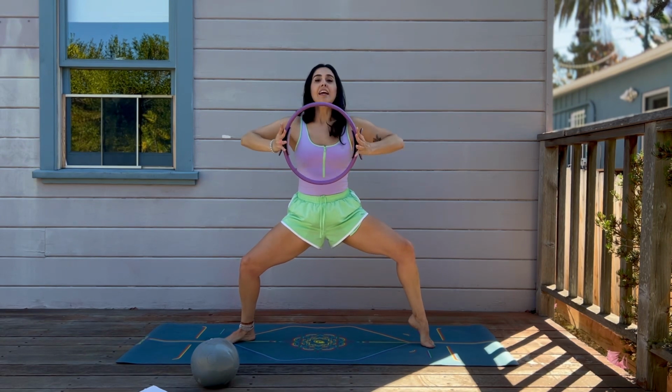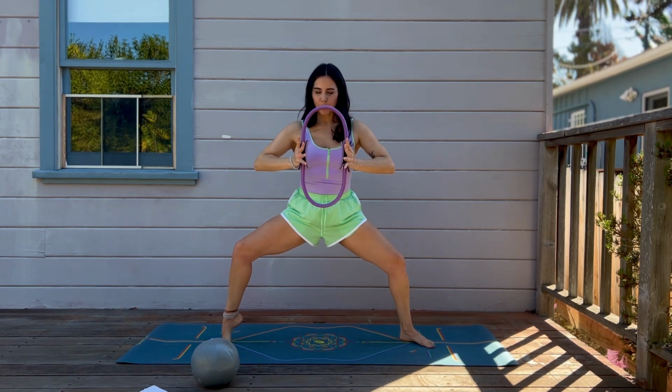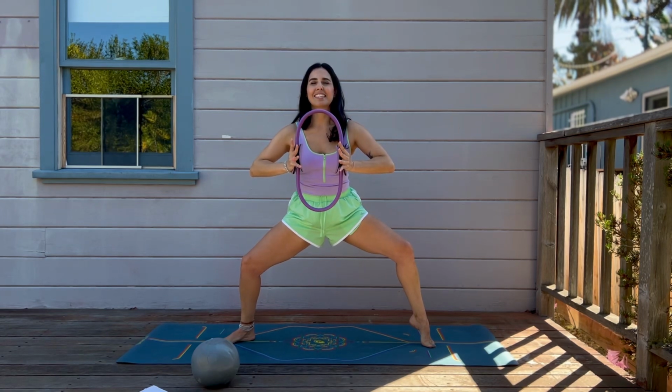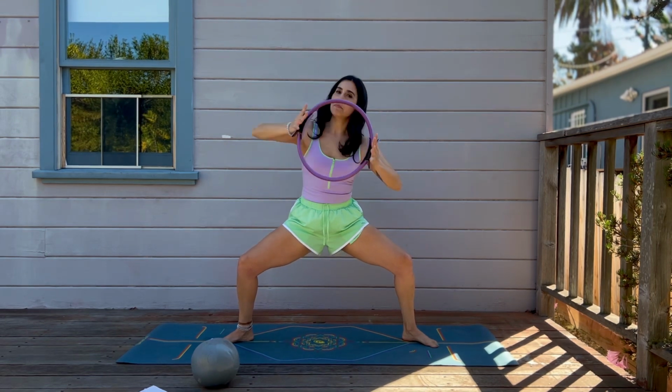Hold it here, squeeze. 2 more like that. Pop it up, press, put tension, make it hard for yourself. Other heel, press, and squeeze. Nice job. Now stay as deep as you can, and we're gonna tap our elbow, squeeze in the middle, elbow